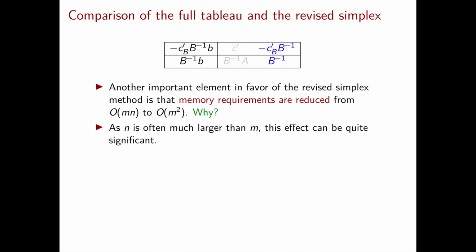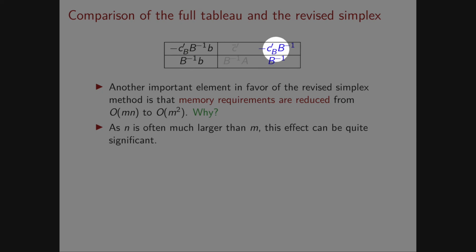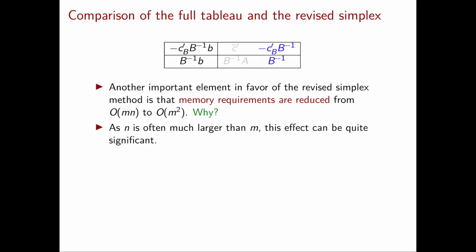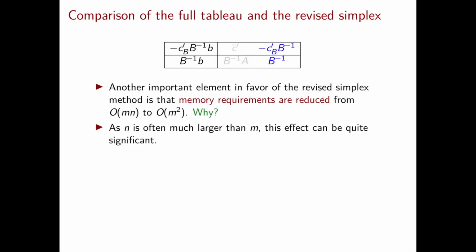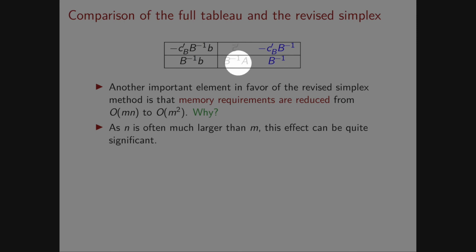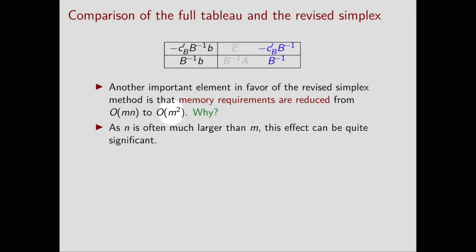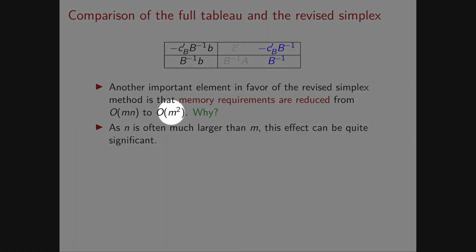On the other hand, in the revised simplex, we fully compute only the 0th row and the blue part over here. And this amounts to big O of m square entries. Then when we compute the reduced costs one at a time, if we obtain a reduced cost that is greater than or equal to 0, we don't need to keep it in memory, we can just erase it. And when we find a negative one, we explicitly construct only one column of B inverse A, which consists of only m entries. So essentially, this decrease of memory requirements comes from the fact that we don't explicitly construct B inverse A.